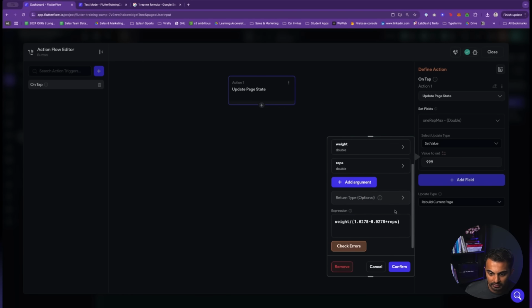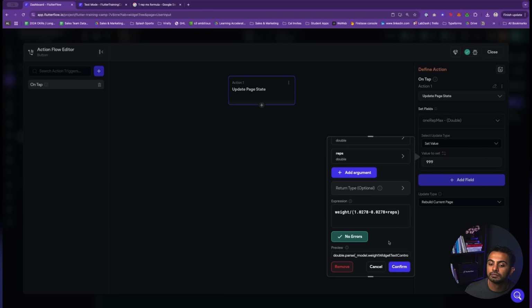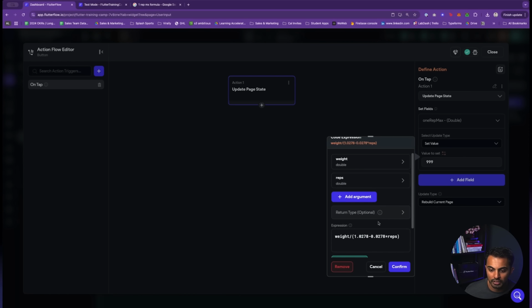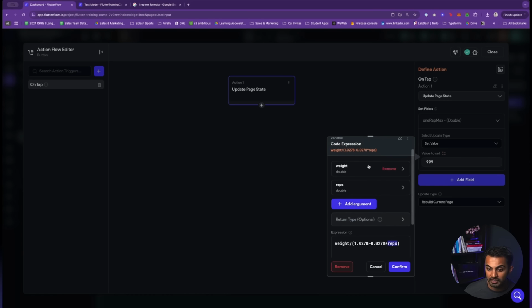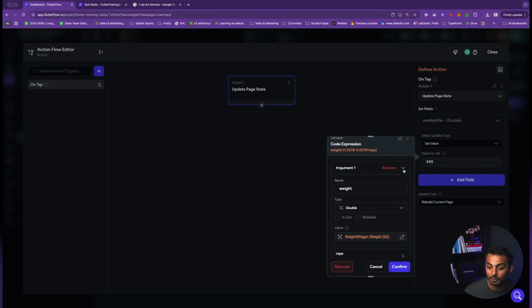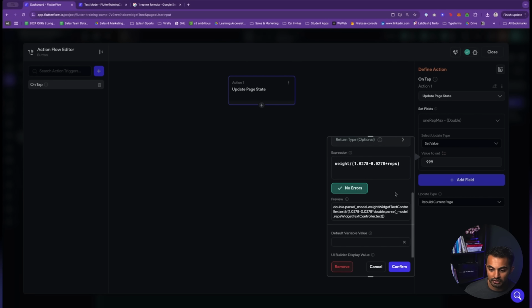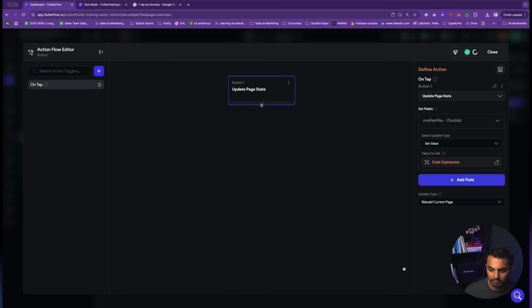And then reps actually already looks good here. Cool. We'll check for errors. No errors. Beautiful. So essentially, the reason that this weight word works here and the reps word works here is because that is the name of the variable that I have set up here as well. Okay. So we'll hit confirm.